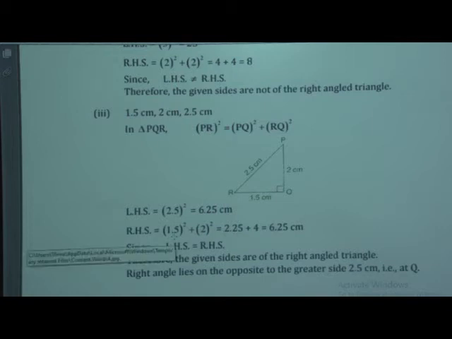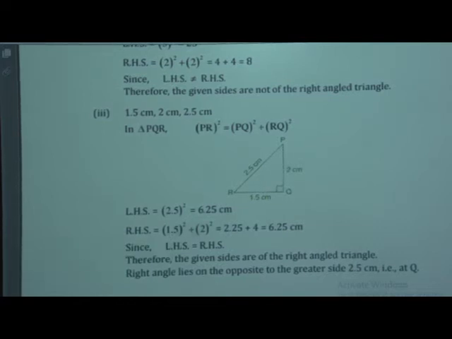What is 1.5 square? It is 2.25. Again, you can multiply 1.5 by 1.5 and it will give us 2.25, plus 2 square is 4. So the sum of this will be